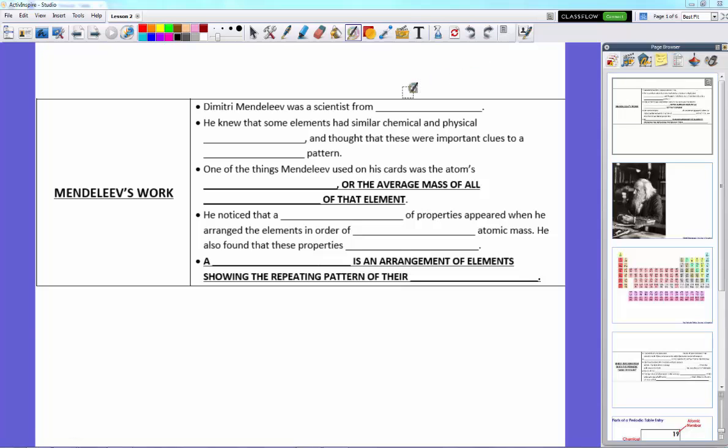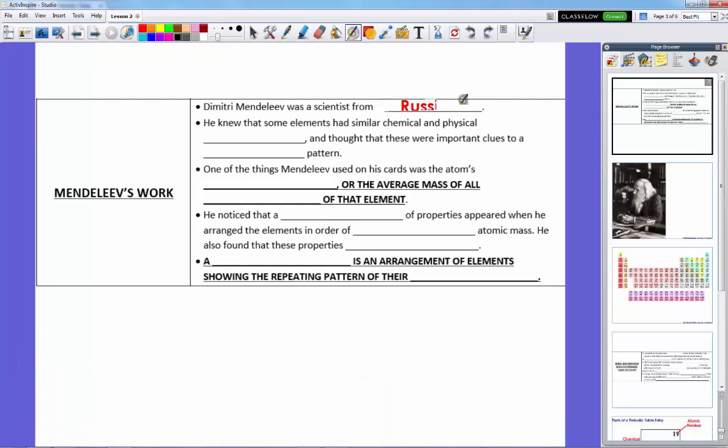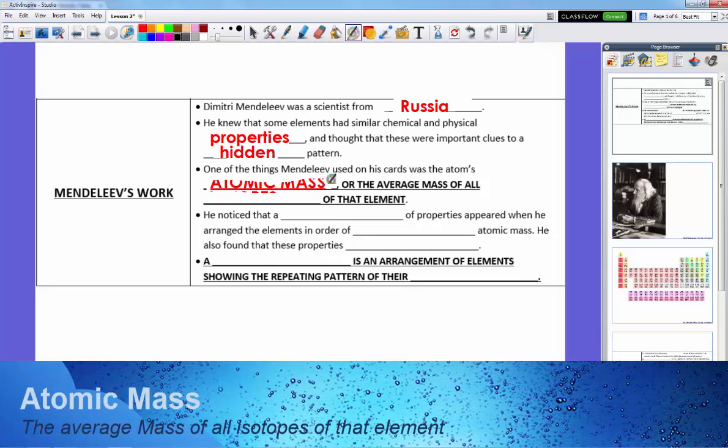So let's get started. Dmitri Mendeleev, this crazy guy with a beard, was a scientist from Russia, and he made a very important discovery. Now, he knew that some elements had similar chemical and physical properties, and thought that there were important clues to a hidden pattern. And Mendeleev created a series of cards, and he started putting them in order according to the properties that he knew. And he noticed that the atomic mass, or the average mass, of all isotopes in the element started forming a pattern. That a pattern of properties appeared when he arranged the elements in order of increasing atomic